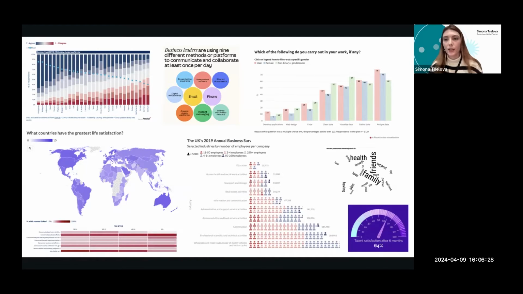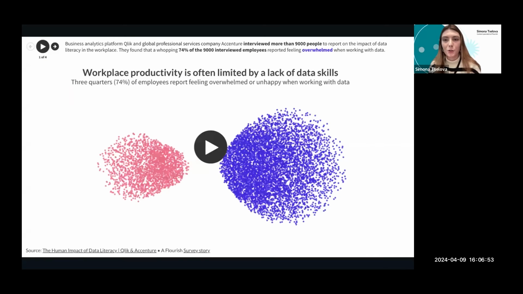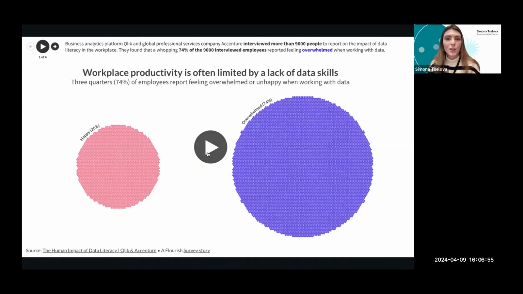We're just going to give a bit more practical guidance on which chart type is suitable for which type of survey question. But before we go into the very specific survey questions and what can be used to visualize them, I would like us to start with the survey template, because, as explained, this is something that we at Flourish offer, and it's quite a unique visualization type, specifically designed to